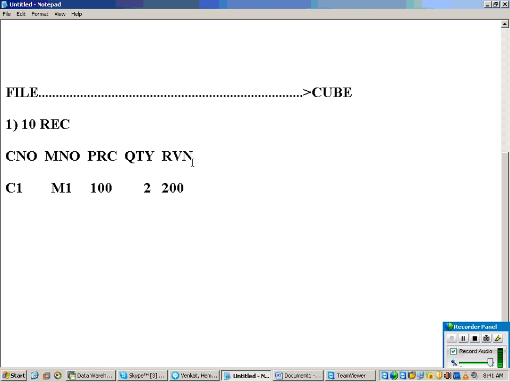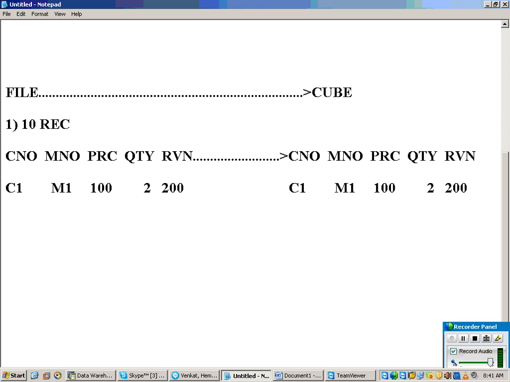Now what I am doing is loading it into my InfoCube. The same data is going to come to my cube. Now the data in the file and the data in the cube are both the same. Then after some time I got a file 2. It has, let us say, 2 records.